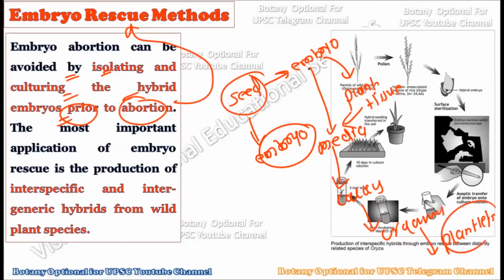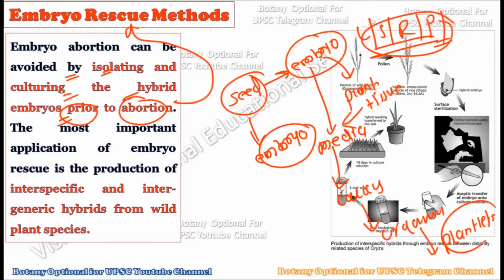Here we are using the embryo as the explant. Leaves can be used, stems can be used, roots can be used, pollen grains can be used. Various other parts of the plants can be used. It all depends on our aim in the plant tissue culture laboratory. Here the aim is embryo rescue, and that is why for seeds which are not viable, we can extract the embryo, save it, rescue it, and culture it in the plant tissue culture laboratory to create a plantlet out of it. But we have to do this prior to the abortion of the embryo, before the seed is wasted.